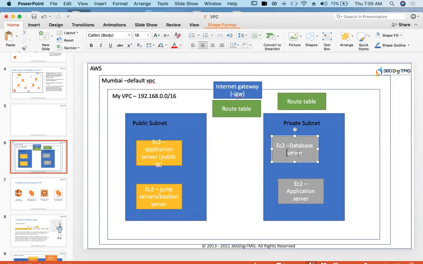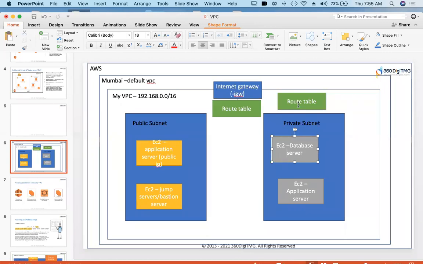Suppose this database server is running on Windows operating system, and there is an update. How will this EC2 instance install that update? It has to connect to internet, it has to connect to Microsoft website, and get that update done. But it doesn't have a public IP, and also route table will not allow the traffic outside.